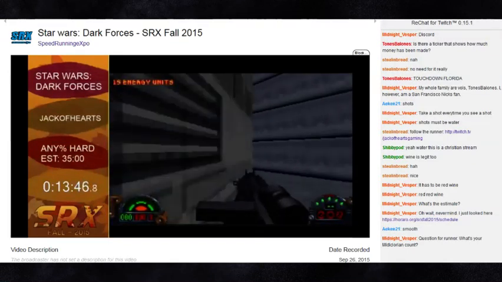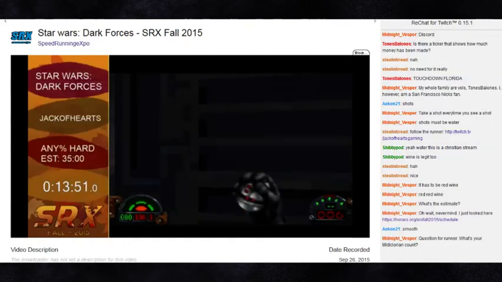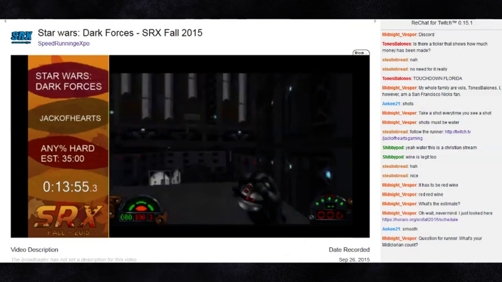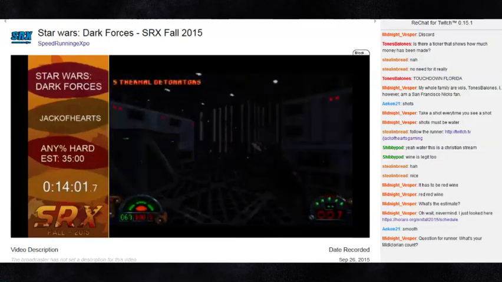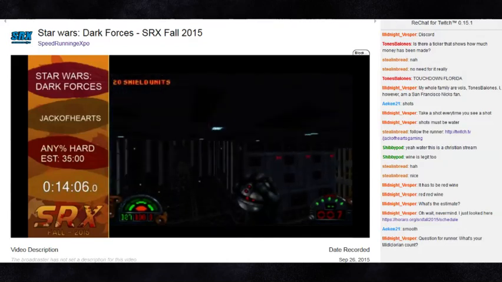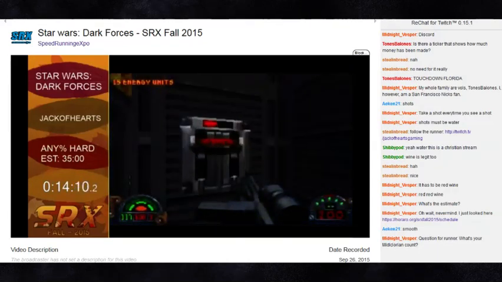How many grenades do we have? 6. That's more than enough. This is Ramsey's Head. I absolutely loathe this mission on hard. It's definitely the hardest mission, because there's Gamorreans everywhere. And Gamorreans do 40 damage with their axe. And they bypass shields, so...